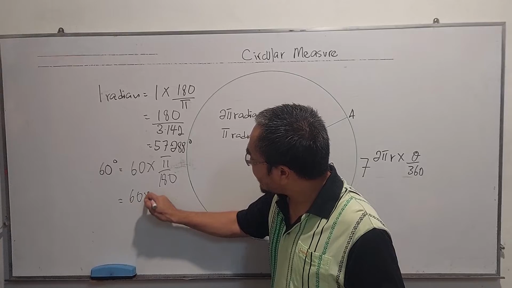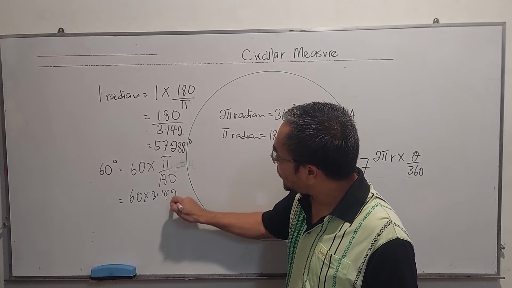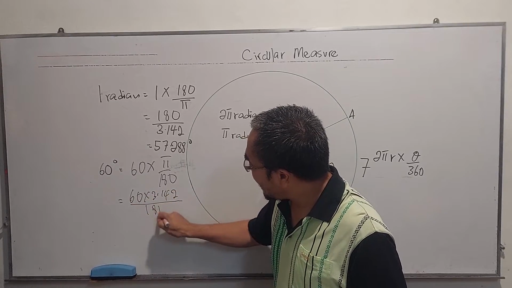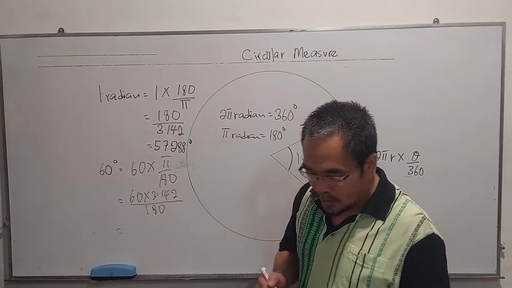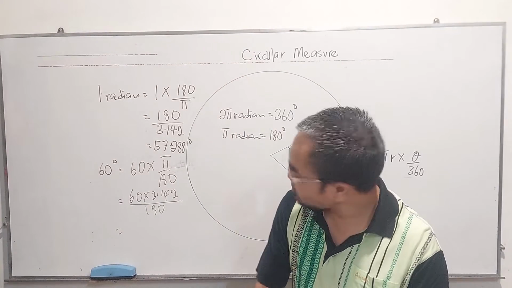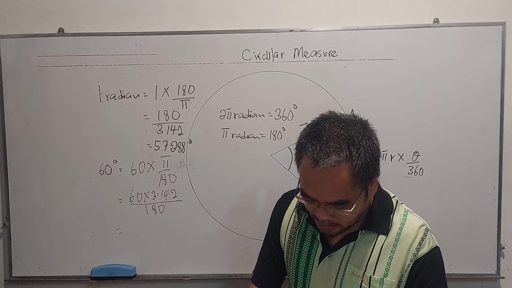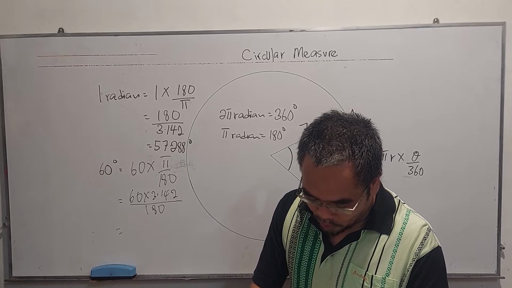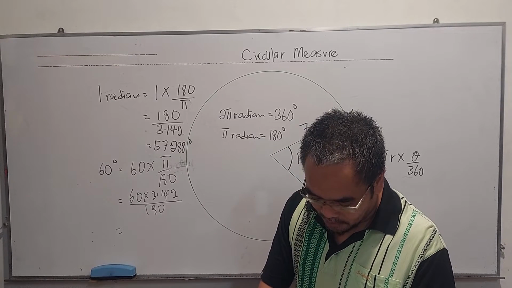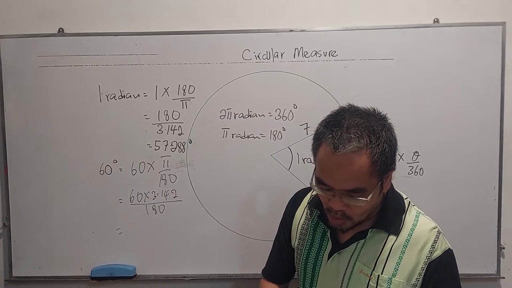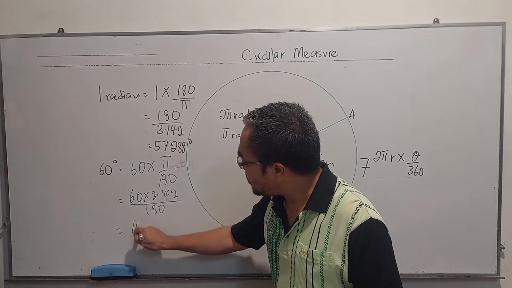So 60 times 3.142 over 180. So it becomes 60 times 3.142 divided by 180. It becomes around